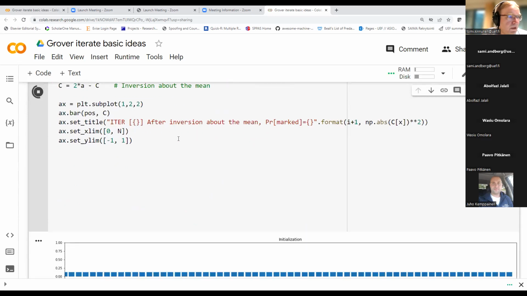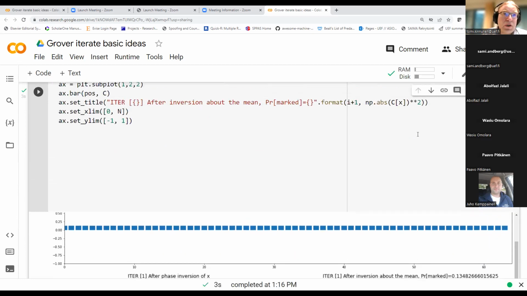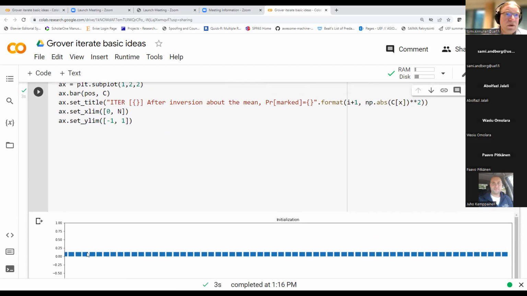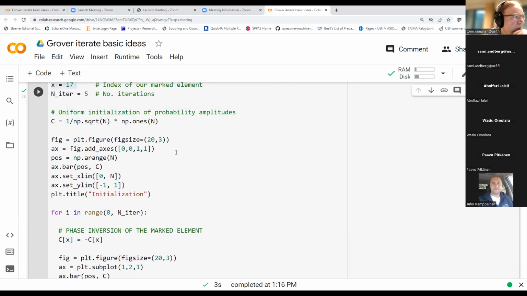It sometimes takes time. Then what you will see in this picture is that all the possible states are on the x-axis, which you can think of as the table indices. And the bars here are showing the probability amplitudes of all the states. Or actually, let me check what we are graphing there.